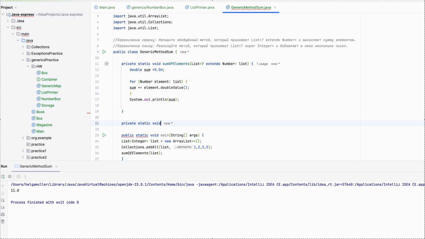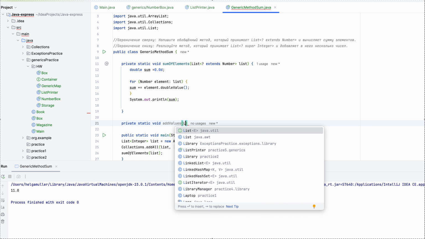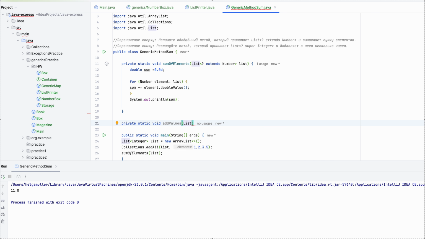Private static void add values. List wildcard super Integer, which is meaningless. List